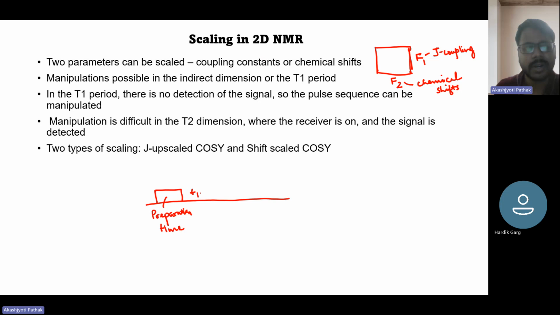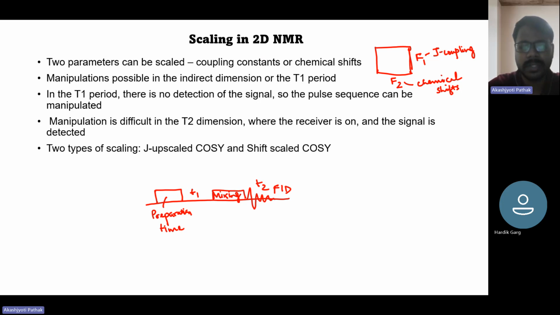Preparation time, then there is a T1 evolution period, then there is a mixing period, right? Mixing time, and then there is the T2 time period. So in the T2 time period, the FID is collected, or the data is acquired. Okay. So based on this, whether it is scaling in the F1 dimension or in the F2 dimension,